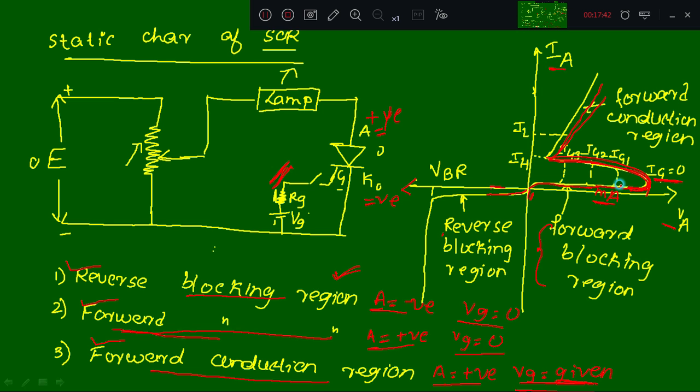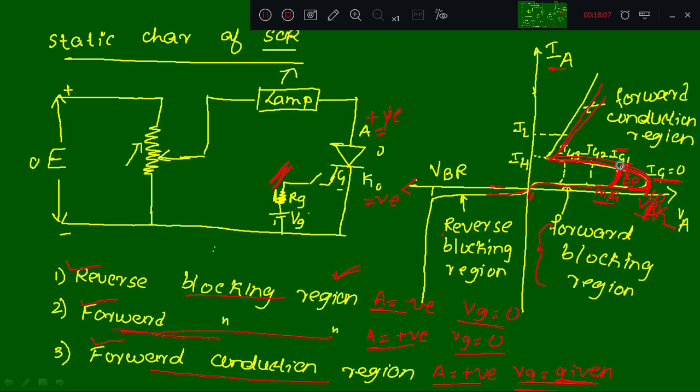When the gate current IG1 is given, the SCR turns on at a voltage lesser than this voltage. Say this is VAK, lesser than this voltage VA1, with IG1 given. Suppose it turns on at 60 volts positive; with IG1 I may require only 50 volts.